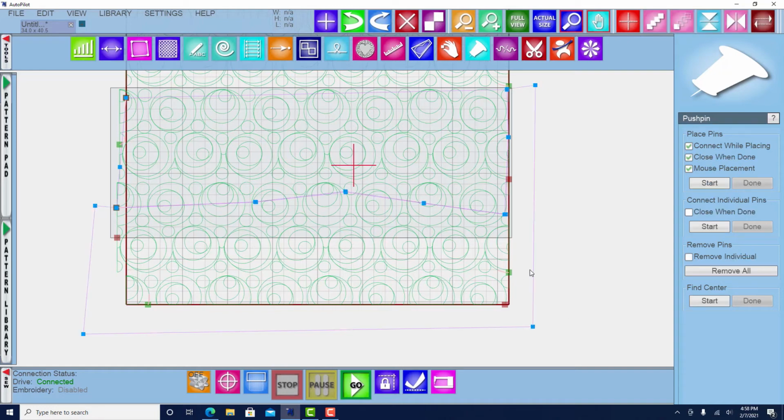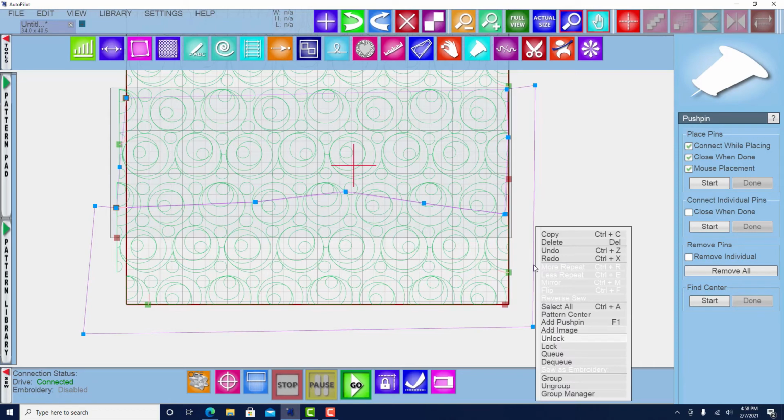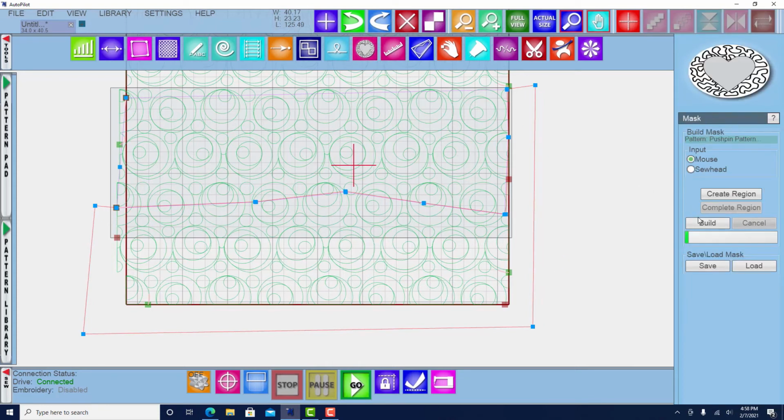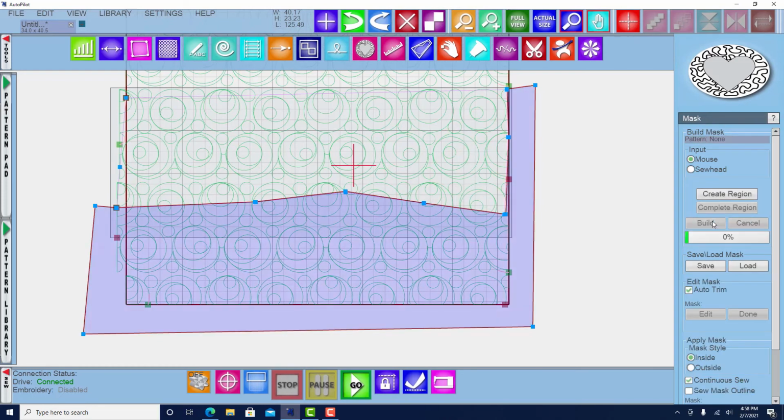So I've created another mask with my mouse that will cover everything I want to get rid of. And again, those push pin boundaries are locked. So what you need to do is actually touch the line, right click, and unlock it, and it will turn light red. Then if I select it to dark red and go to my mask tool, I'm going to say build, and it's going to turn that purple. And to utilize the mask,